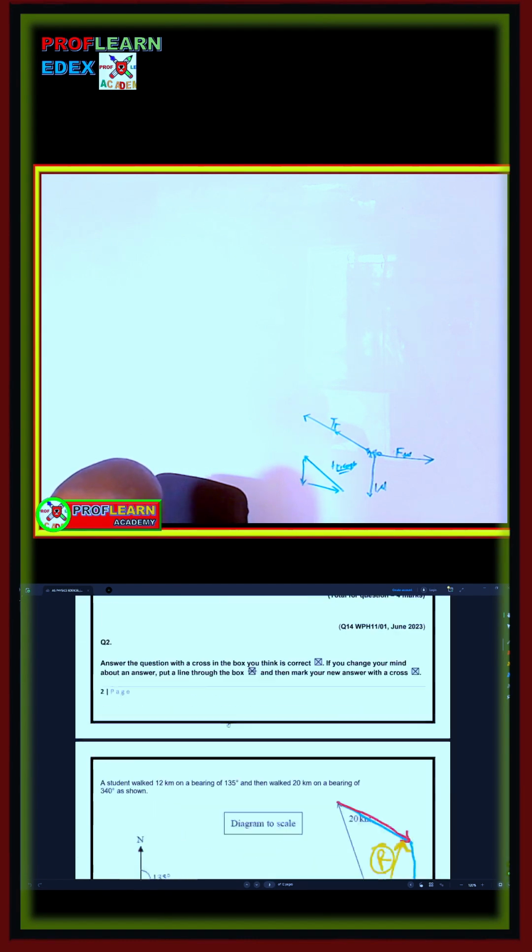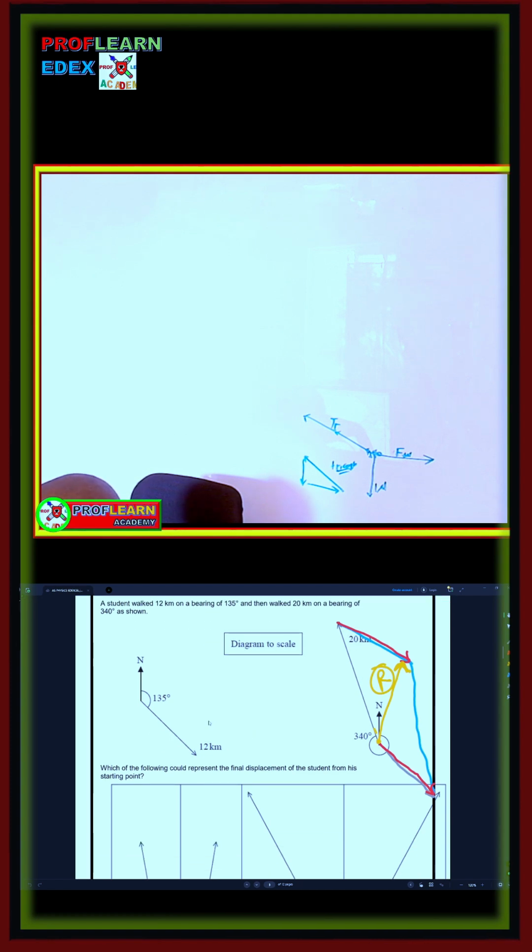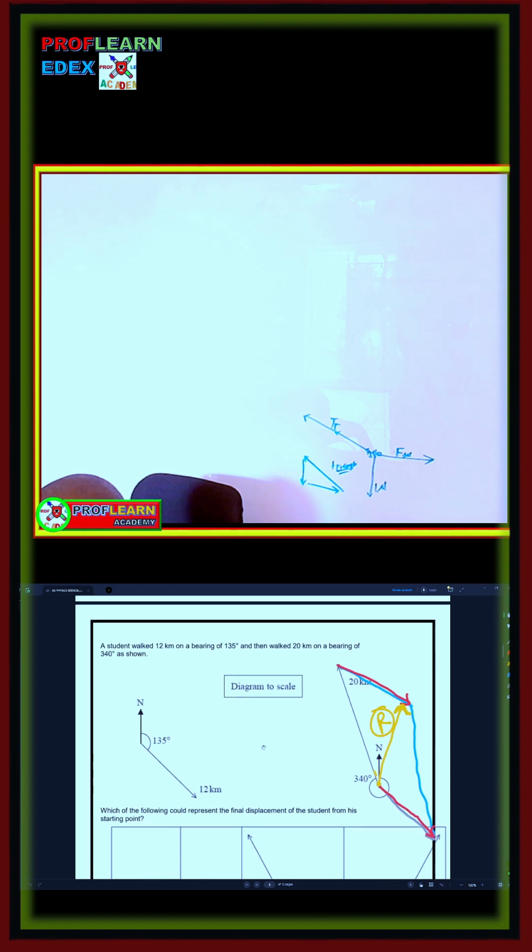That's another question that you can be asked in A-level physics, year 12 AS physics, a question to do with vectors. In that case, we need to represent the displacement. Which of the following could represent the final displacement? Now, if we translate this vector, the concept I used, if we have a vector at this point going in that direction,